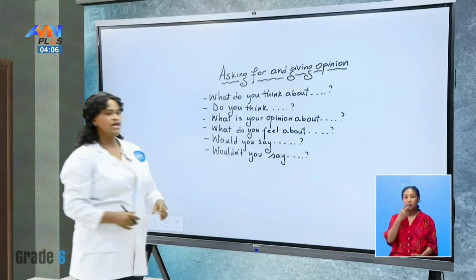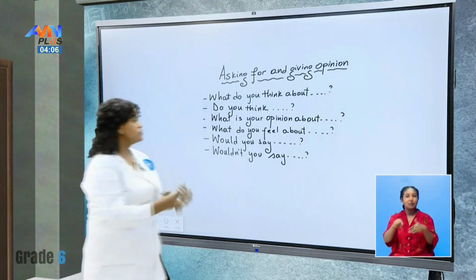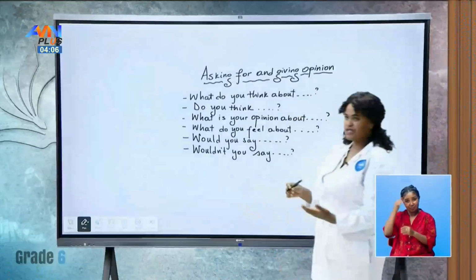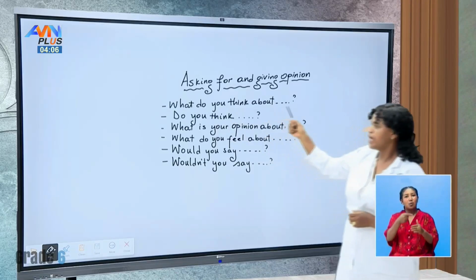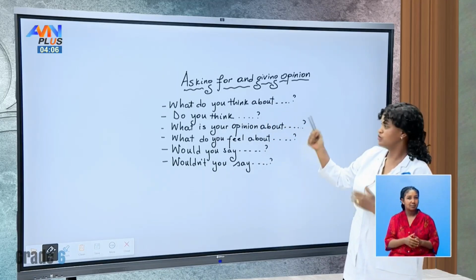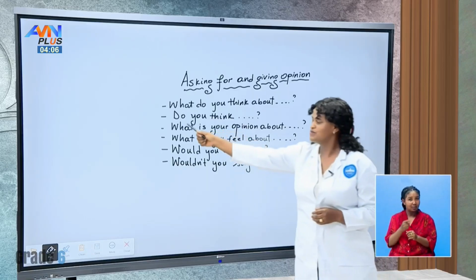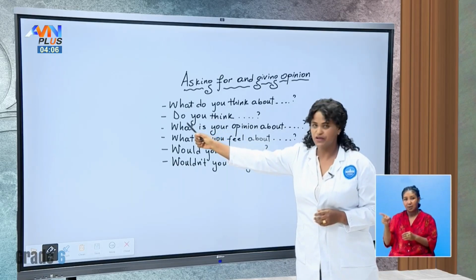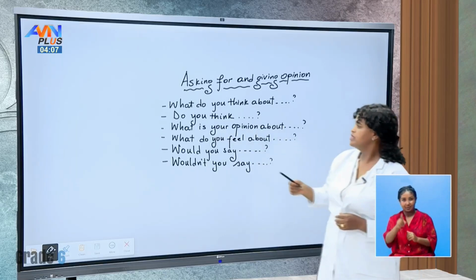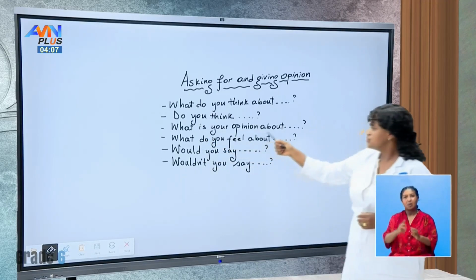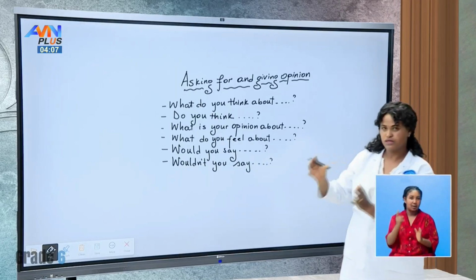Look, the first part is about asking for an opinion, right? So, how familiar are you with these phrases that we use to ask for an opinion? Look, what do you think about? We will make it a question later on, all right? Do you think, now this is what kind of question is it? Yes or no question. Do you think blank? Or you can ask this way. What is your opinion about? Or what is your opinion on something specific?